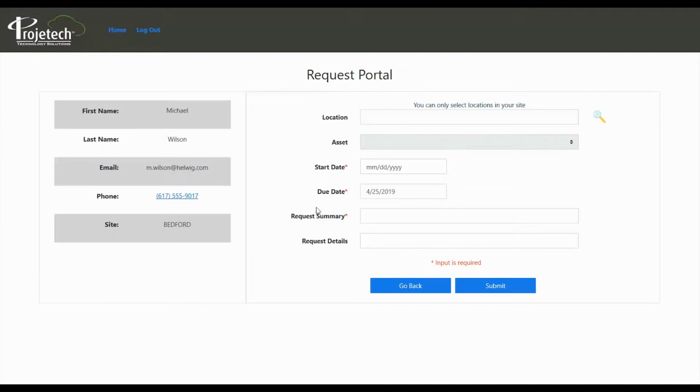There are several fields here that need to be filled out. You can click the magnifying glass to search for a location. However, our list is pretty extensive, so I'm just going to go ahead and type in our main HVAC system here, location BR200. Now I want to point out that this field is grayed out for assets right now, but